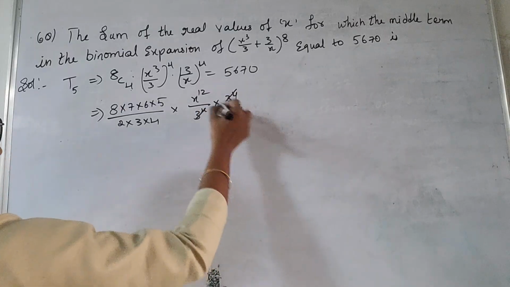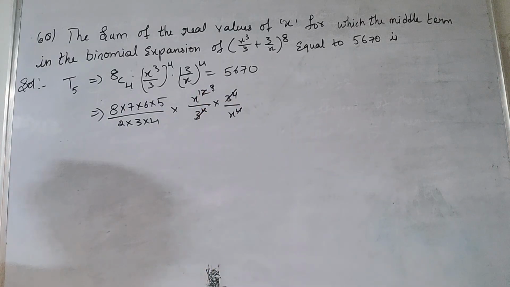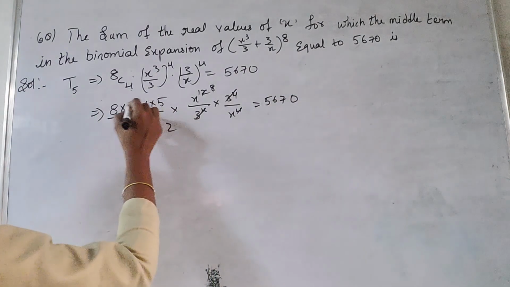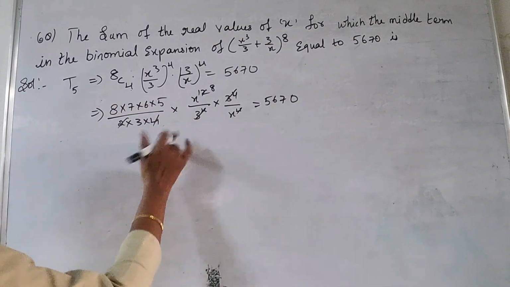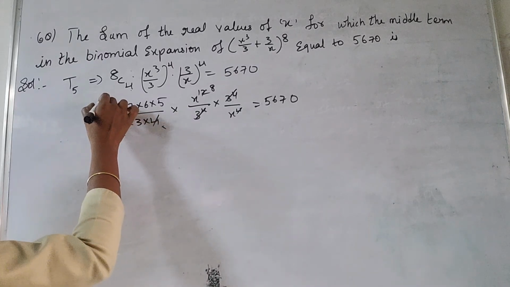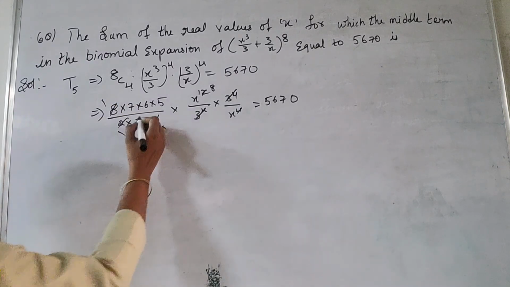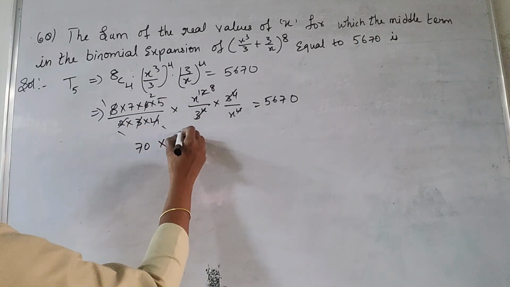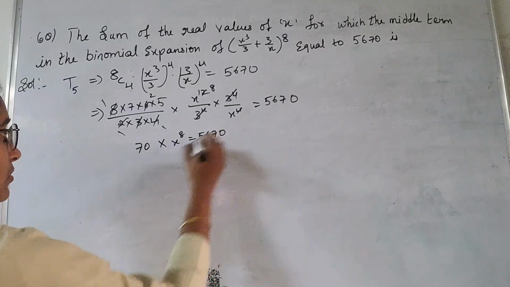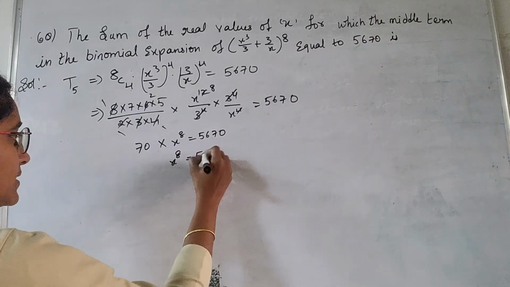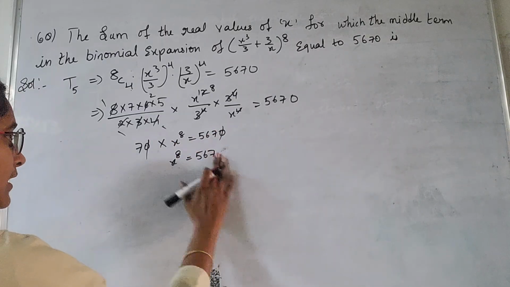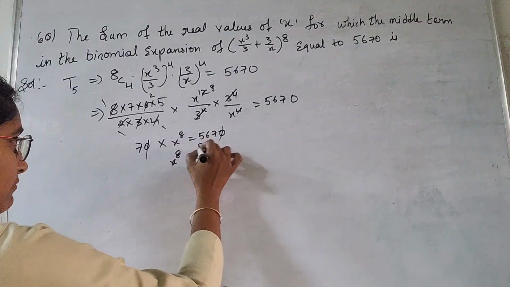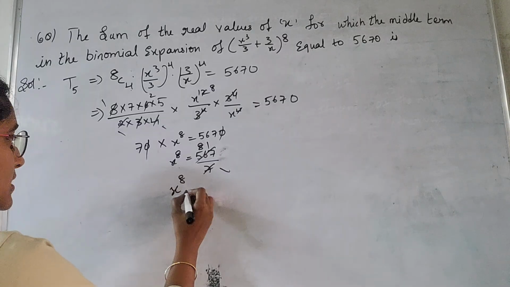So this all gets cancelled, 4 terms, and these 8 terms will be left over, and here it is 5670, and here also 4 ones are 4 twos are 8, so this will get cancelled. Then 3 ones are 3 twos, 5 twos are 10 and 70. Into x power of 8 is equal to 5670, x power of 8 is equal to 5670, the 0 if I cancel it, only the 7 is left over, 7 ones are 7, 8 1, so